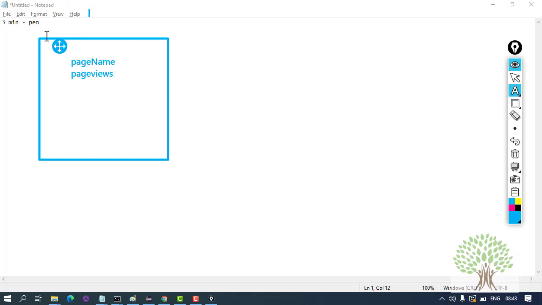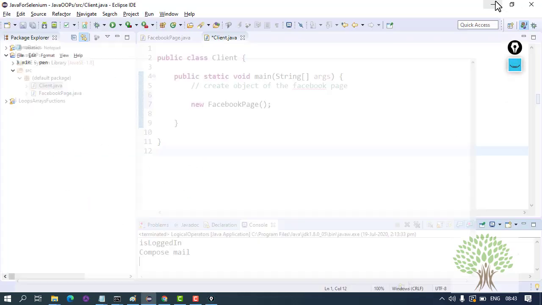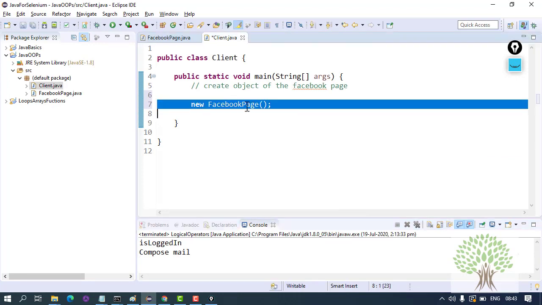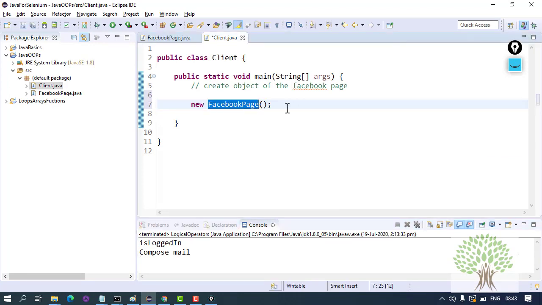Now what do we achieve by creating the object? What is the advantage? The object has to be accessed. This object I have created, but in order to use it I will have to access it using a reference.